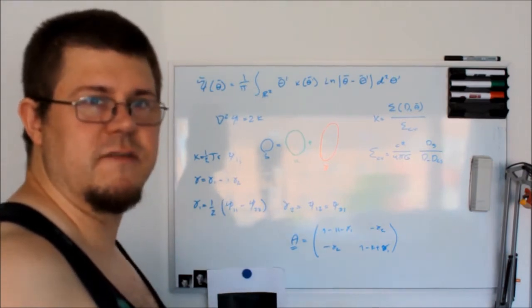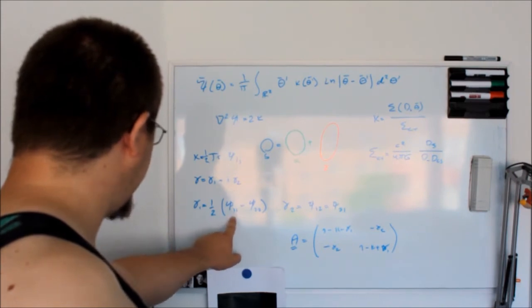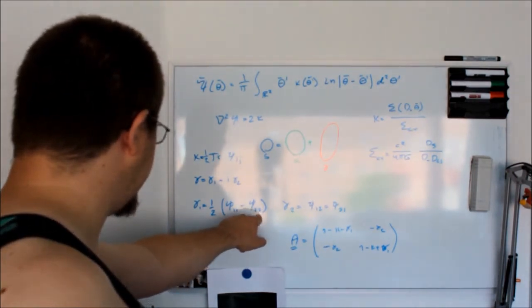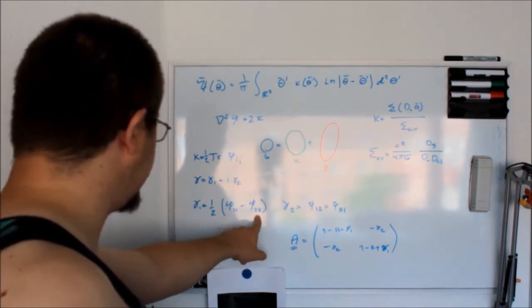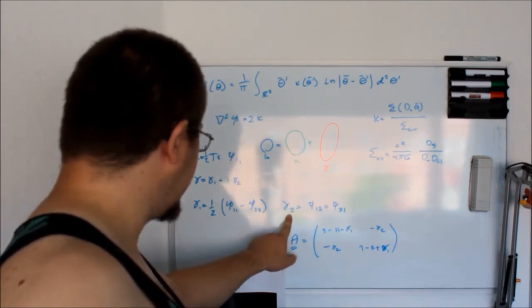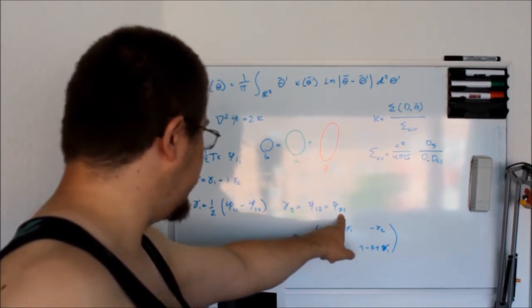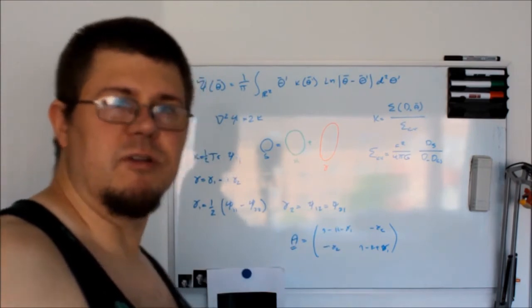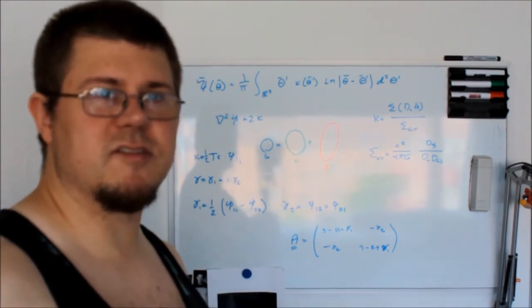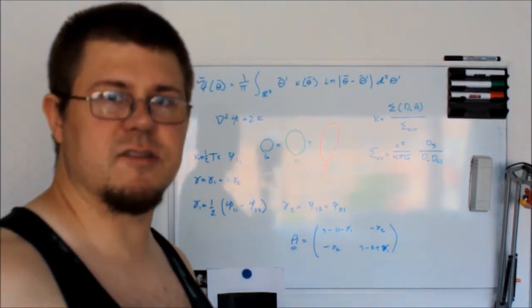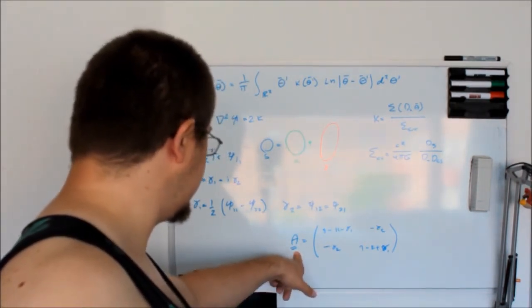you do some derivations of these numbers, you can get that gamma 1 is equal to 1/2 psi 11 minus psi 22, and then you can get that gamma 2 is equal to psi 12 and psi 21. That's the same. And again, when you do some matrix magic, you put it into a matrix and you do the derivations, you calculate the derivatives, the partial differentials, then you get that the magnification matrix or tensor,